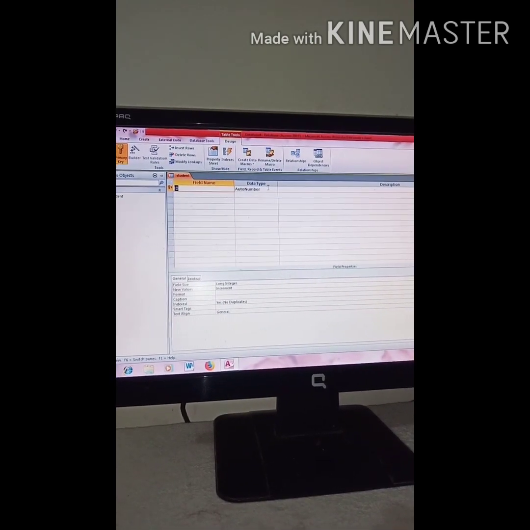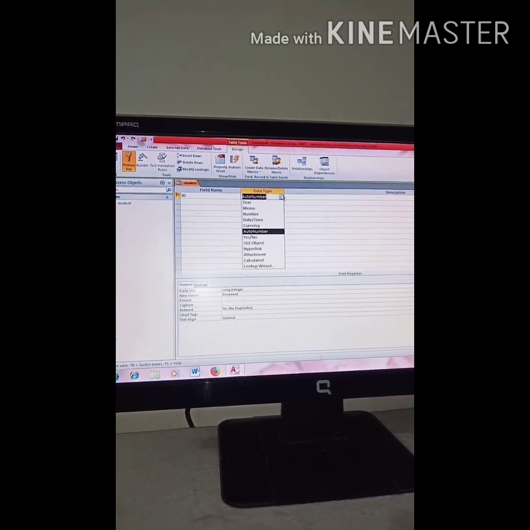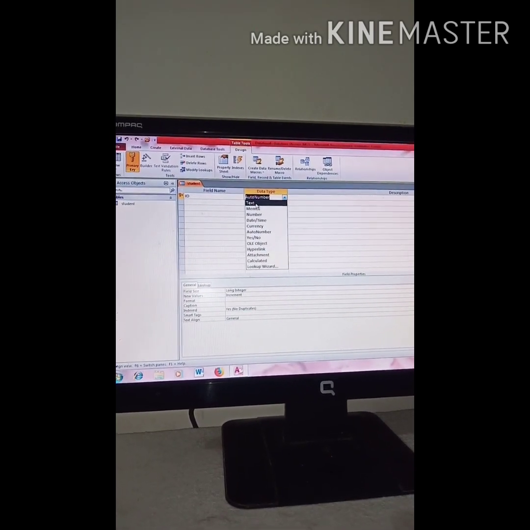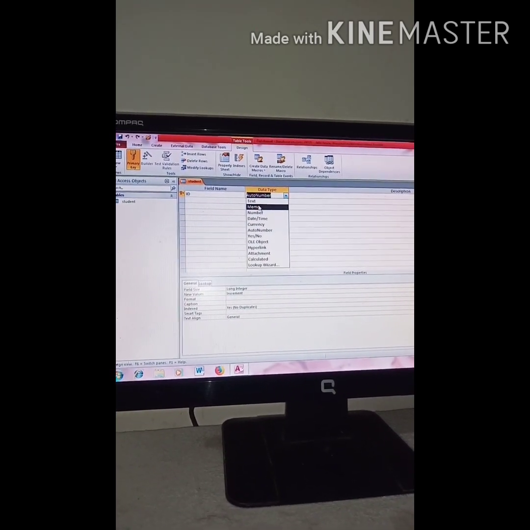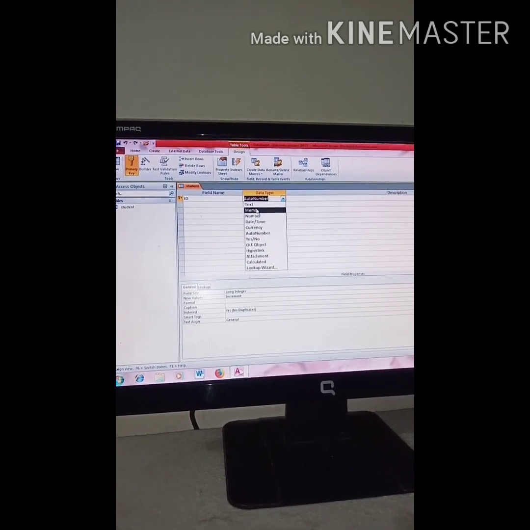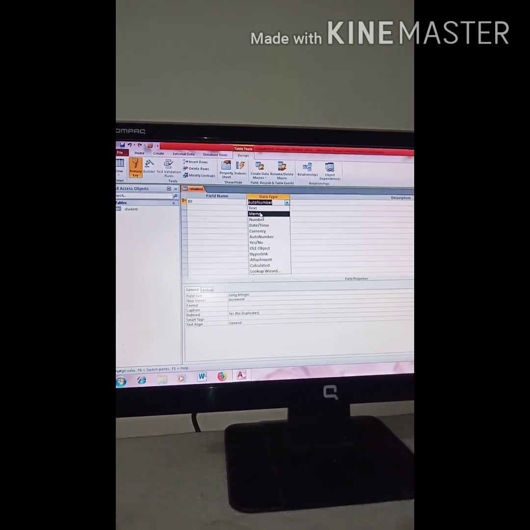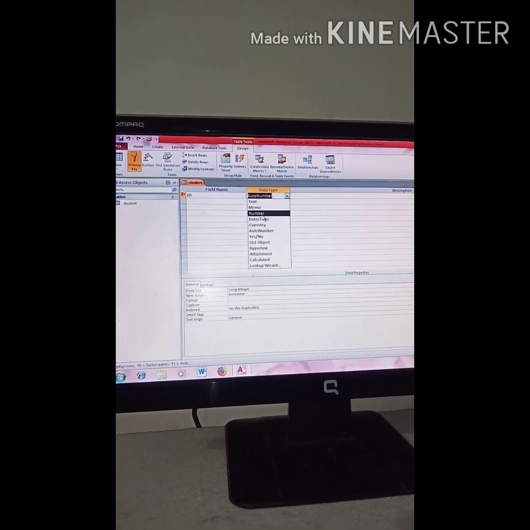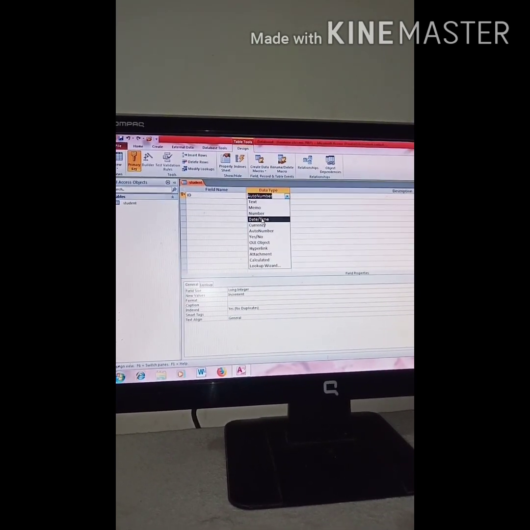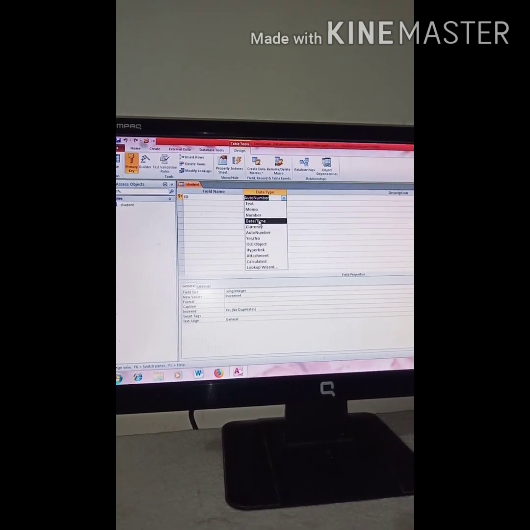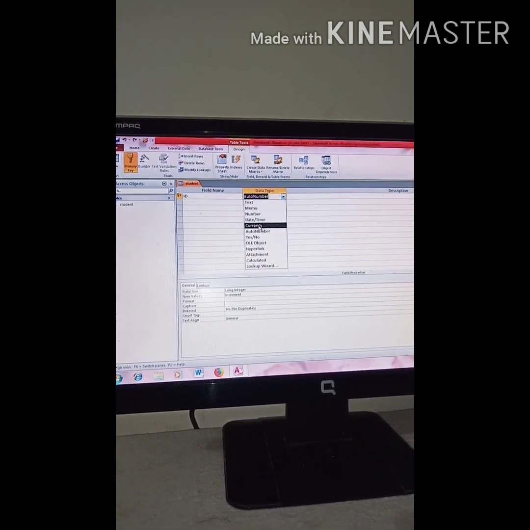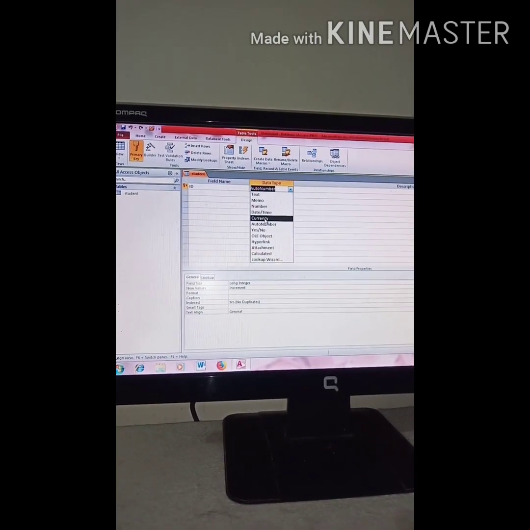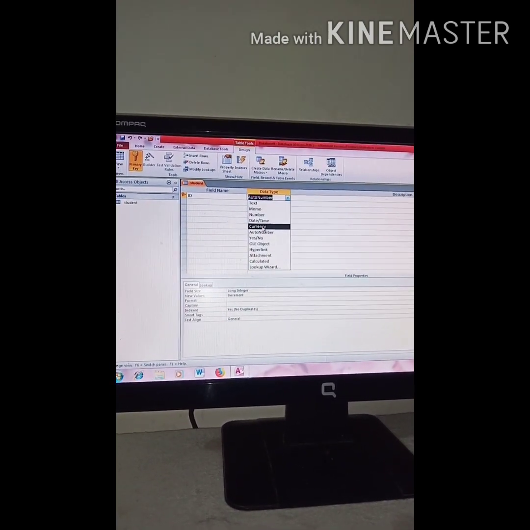Data type. There are a variety of data types available. First is text, that takes all the characters and numbers. Then memo. It takes long text, for example, long paragraphs. Number, it takes only numbers, that means 0 to 9. Date and time, it inserts only date and time. Currency, if you want to insert any currency data, or you can say any amount of money, you can choose this data type.